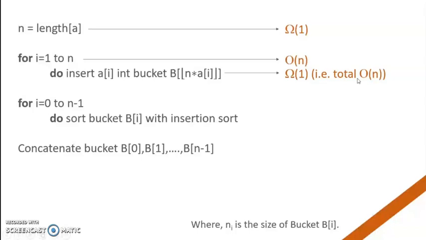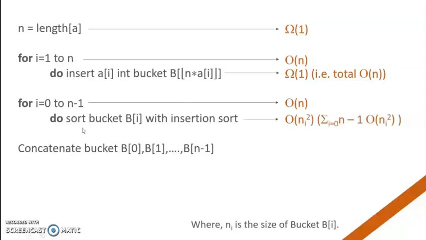Now here in this statement we are using insertion sort or merge sort or any sorting algorithm. If we use insertion sort, we know that the worst case complexity for insertion sort will be big O of n square. So each statement will run in big O of n square time complexity if we are taking insertion sort, but if we take merge sort or quick sort, we know that its time complexity is n log n. So we need to write here